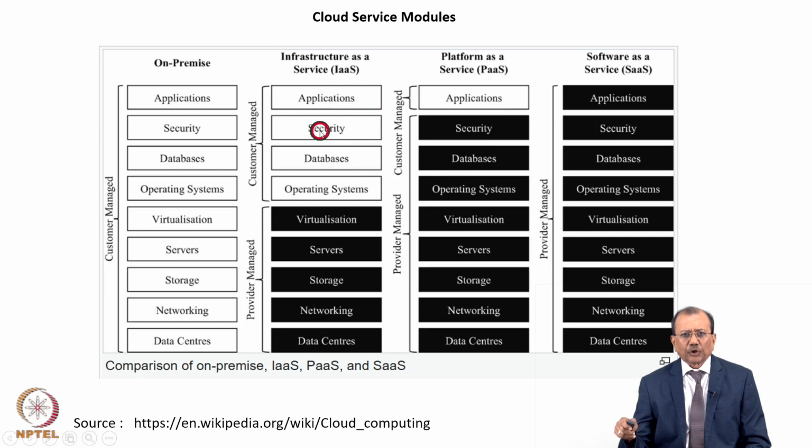And there they have a choice. In case of infrastructure, whether they would like to subscribe to applications like SAP R3, or they would like to also use security software, like running endpoint software for their users to check any anomalies in their access. They can use the infrastructure of the cloud service provider, security infrastructure, data security infrastructure, or web service infrastructure. In the same way, in case of platform as a service, you can use applications, and in software as a service also you can use applications.